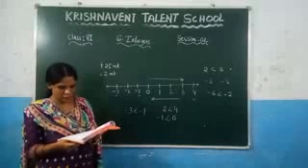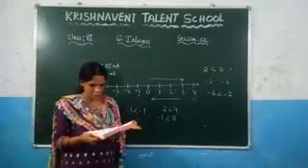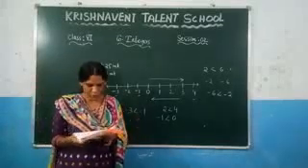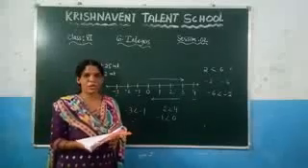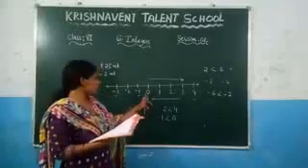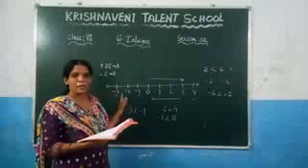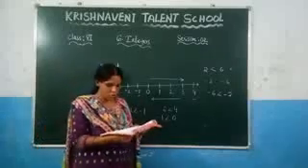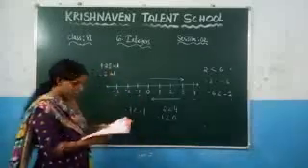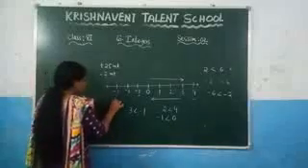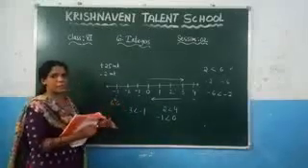degree centigrade, right? And Kufri in Himachal Pradesh was 6 degree below zero. What is the meaning of below zero? Below zero, what numbers will be there? Minus numbers will be there. So below zero is nothing but you need to consider minus 6 degree centigrade. This is the temperature at Kufri.